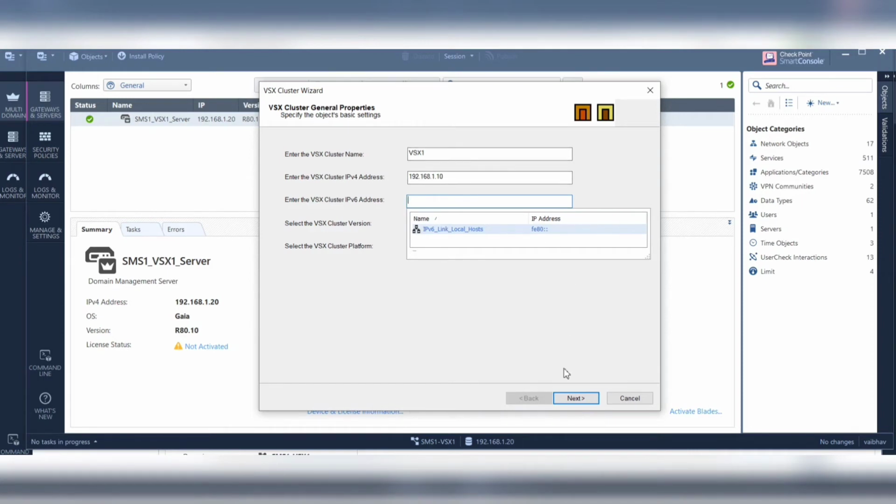Okay, that is fine. We don't have an IPv6 address. Okay, got stuck somewhere. All right. So we don't have IPv6. That is fine. Next,